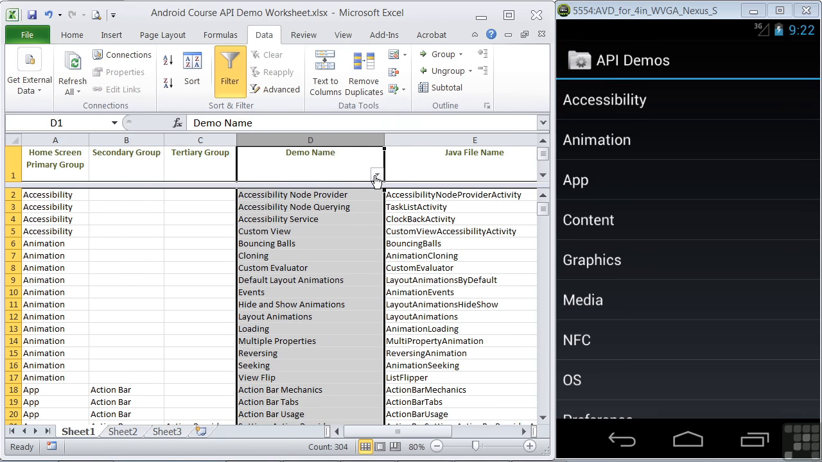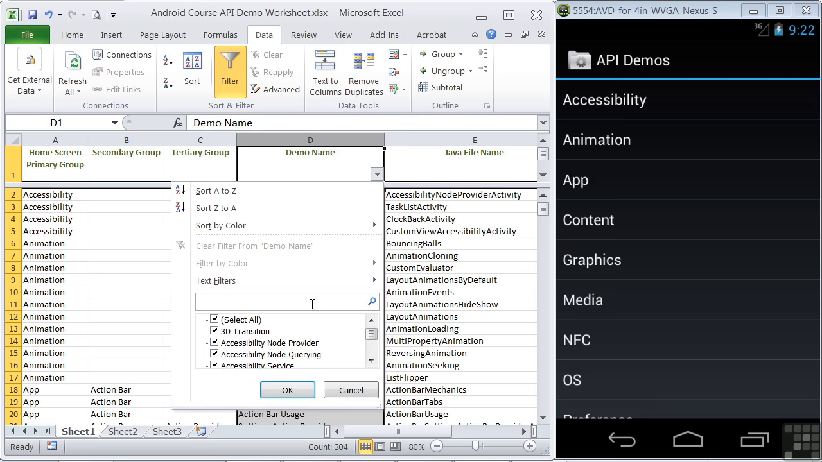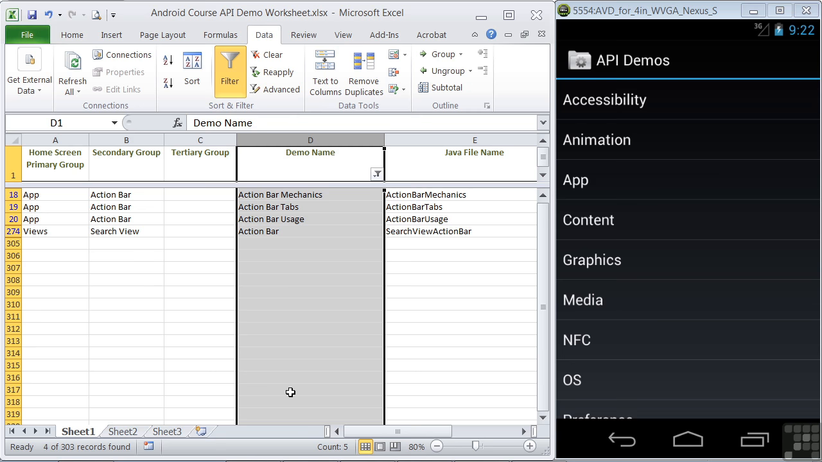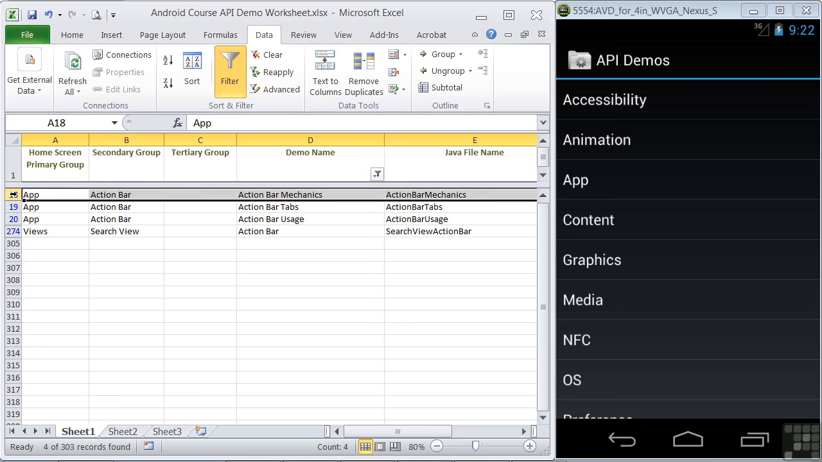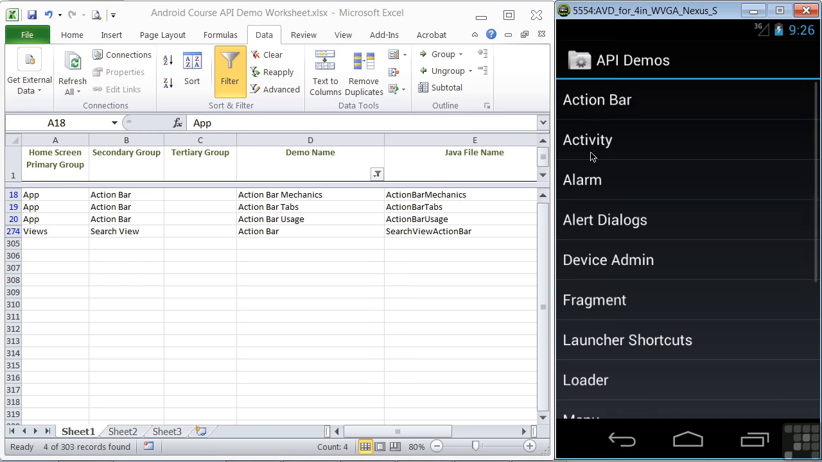So in the demos worksheet, let's filter the demo name for action bar. And we find 4 entries. And let's look at the action bar mechanics demo on line 18, which has the Java name action bar mechanics. Let's fire it up in the emulator. We'll click on App, Action Bar